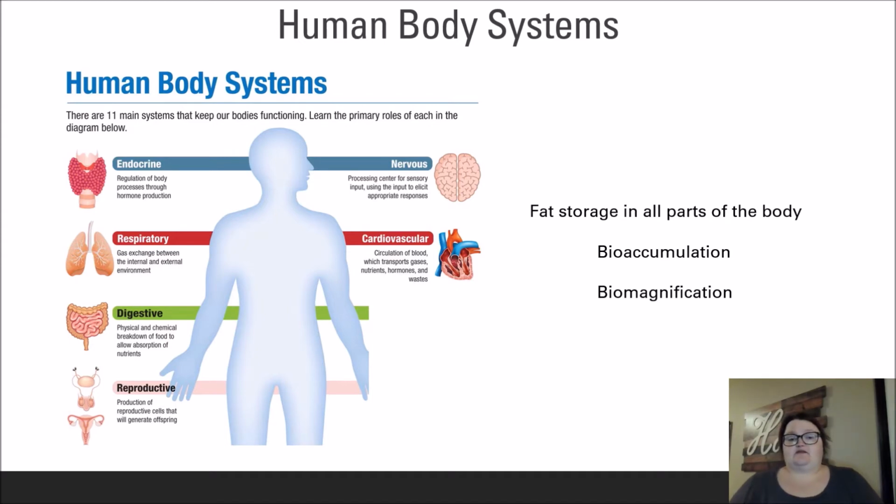The digestive system is responsible for intake, breakdown, and absorption of nutrients through eating and the process of elimination of waste. This system has a large surface area of cells that are designed to absorb various compounds, which makes it susceptible to absorbing toxins as well. The reproductive system is designed for reproduction and functions through the interaction of a variety of hormones released from the endocrine system and the gonads themselves.